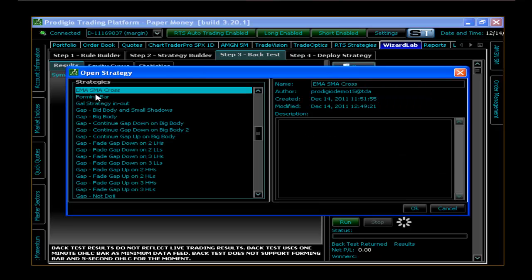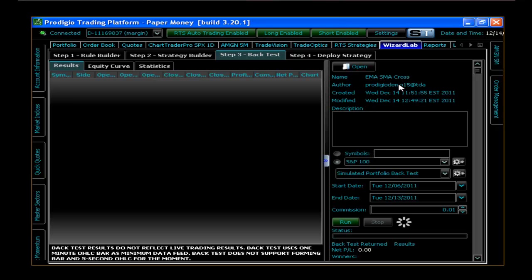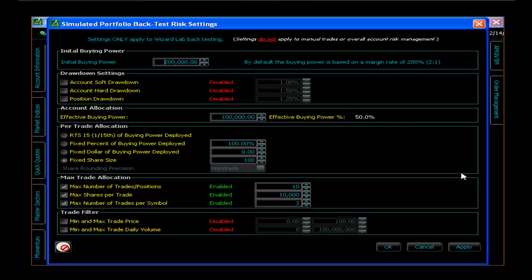And the backtesting system, when I open this, it's already kind of loaded if I save my strategy. I can select the symbol list to run the backtest on, so I'm selecting S&P 100. And I can run through these parameters and I can specify simulated or raw mode backtest. Now, simulated portfolio backtest, if I press this edit button right here, this will open a dialog to set my backtest risk parameter settings. So for example, I can specify my buying power, I can specify my drawdowns, my percentage deployments of per trade allocation, and